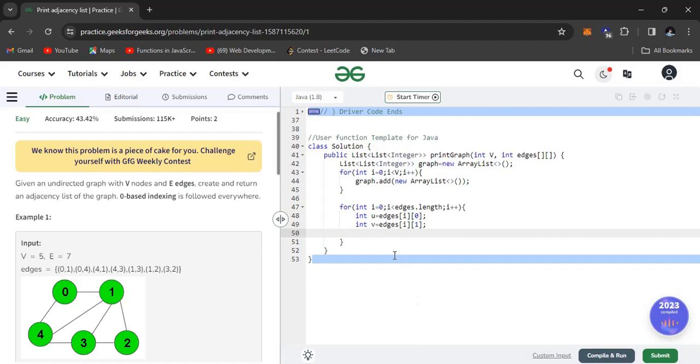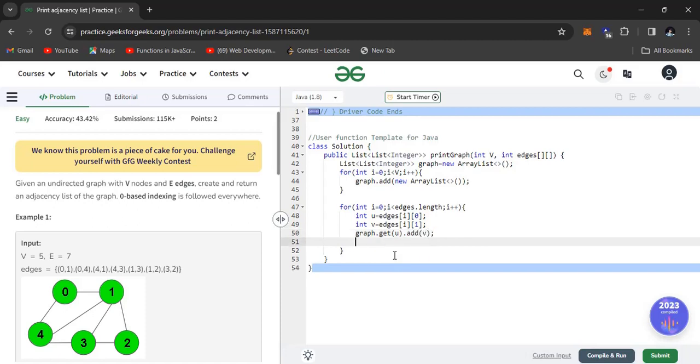The adjacency list name is graph, so graph dot get u first. That means the ArrayList of u, and you add v. Similarly, take the ArrayList of v and add u.